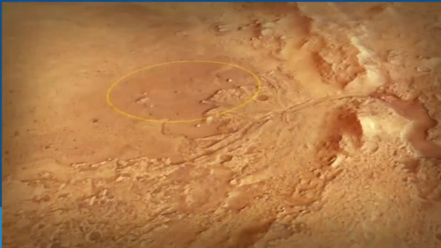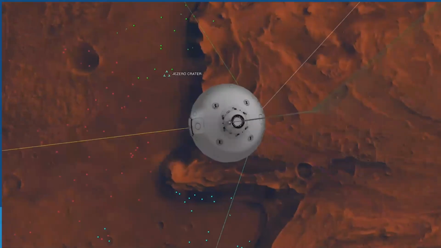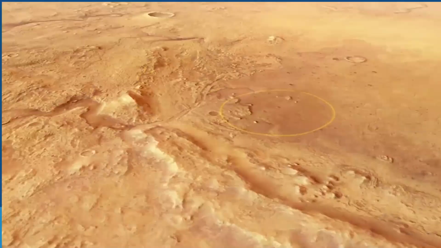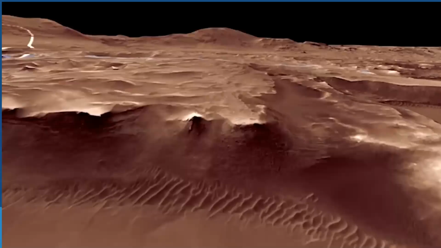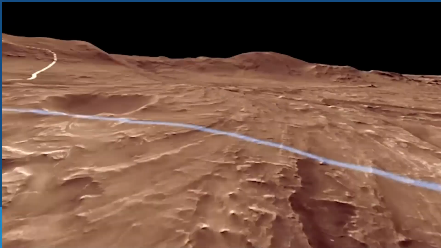This is finally like landing with your eyes open. Having this new technology really allows Perseverance to land in much more challenging terrain than Curiosity or any previous Mars mission could. Amongst the rocks, the craters, the cliffs, these things are hazardous to the rover, but these are the things that are interesting to the scientists.